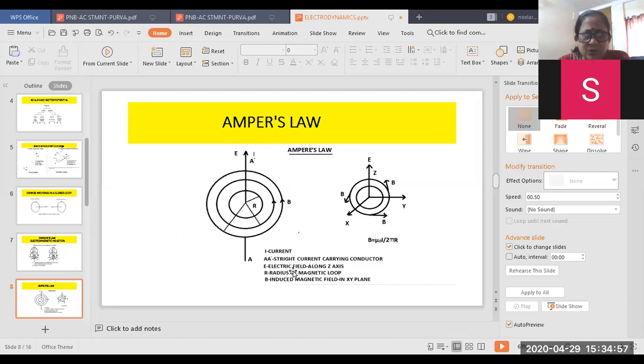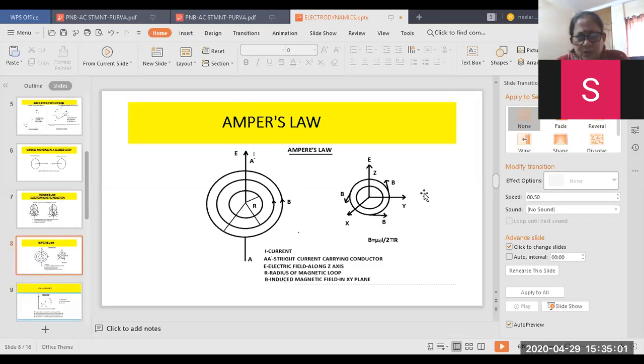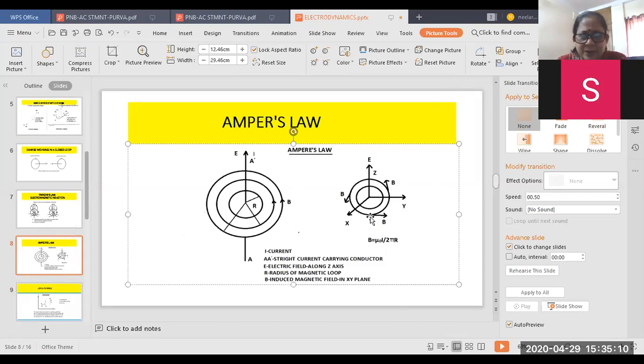Okay, here I have given you the notation, so you can follow the notation. Here I have shown you the direction of B. So I think now you might have understood why B is called a vector here. At every point on the loop, you can draw a tangent. You can see the direction of the tangent is changing here. Fine. So that is why it's a vector. It has continuously changing direction.